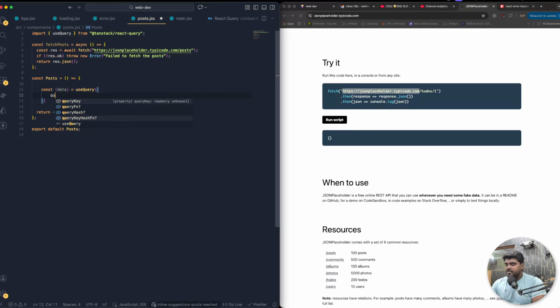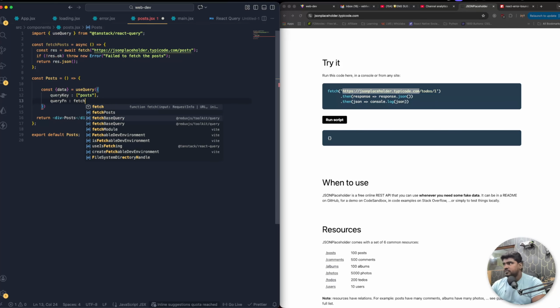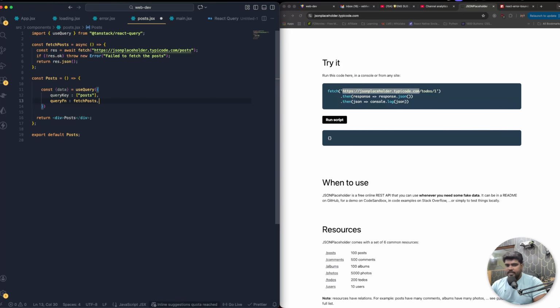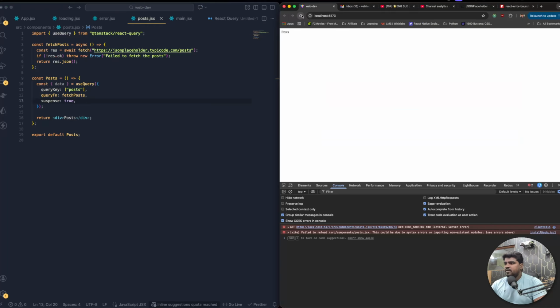So here I need to say the queryKey. First, you need to set the query key for the unique caching identifier, which is going to be the post. Then I need to supply the query function, which function it is going to use for the data fetch. I'm going to use the fetchPost. Then we are using the suspense, right? So let's say suspense is equal to true. Save it. And now if I